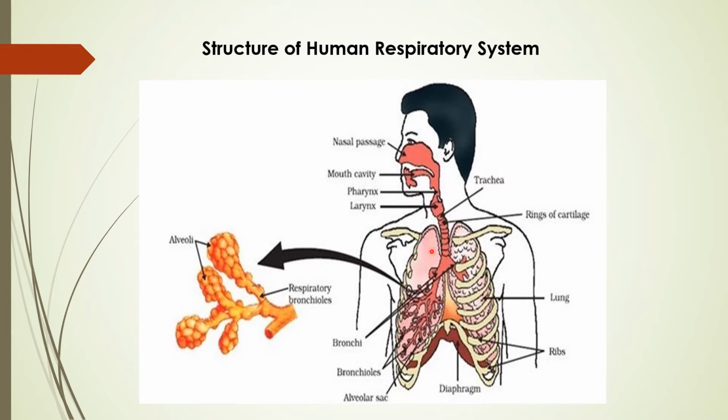These are a pair of lungs. Lungs are the primary organ for respiration, and they are located on the two sides of the heart. They transport oxygen from the atmosphere into the blood and release carbon dioxide from the blood to the atmosphere. So lungs are very important. The wall of the lungs is protected by a protective membrane that we call the pleura.